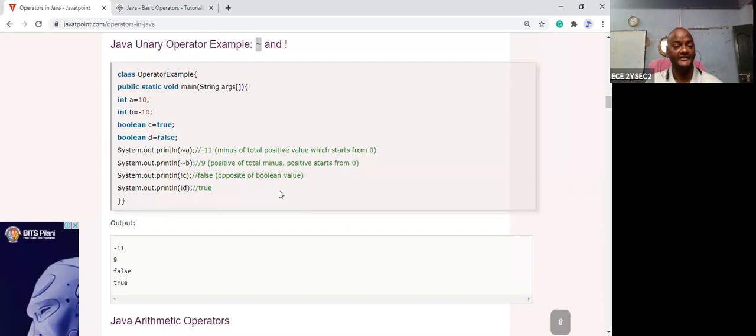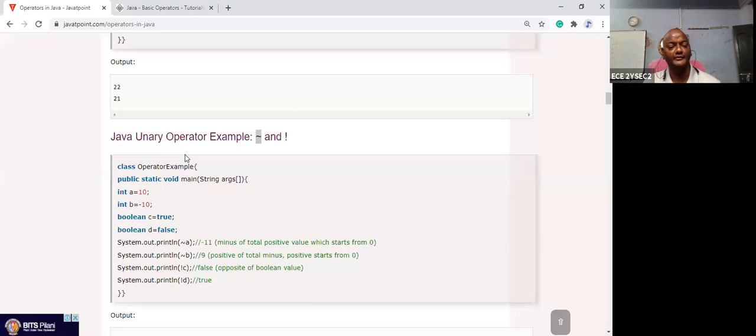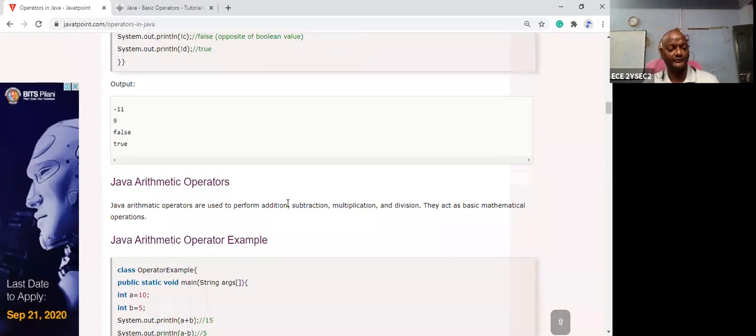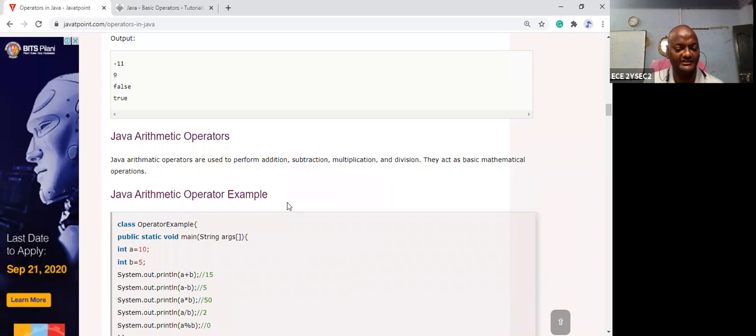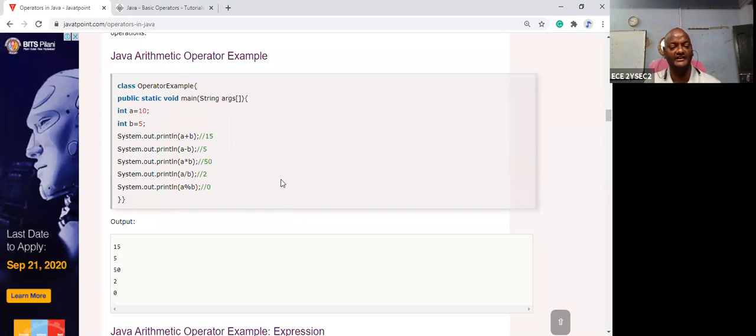Okay, next. So this is about the unary operators. What are the unary operators? Plus plus, minus minus, tilde, and not. This is called the not operation. So let us take, I want to discuss arithmetic. You already know the arithmetic values. This is a small program from the arithmetic point of view. I repeat, plus stands for addition, minus stands for subtraction.